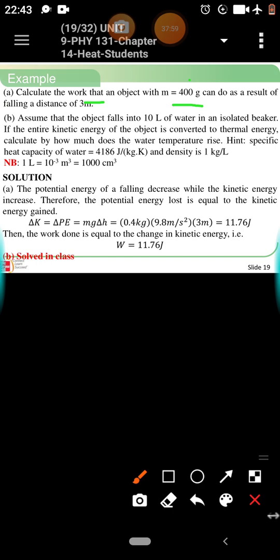So now the solution is, they want us to find the work of an object of 0.4 kg which is falling down a distance of 3 meters. So here the potential energy, I'll just read the solution as it is. The potential energy of falling,